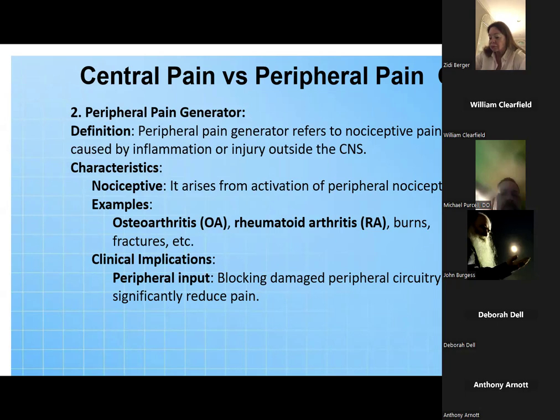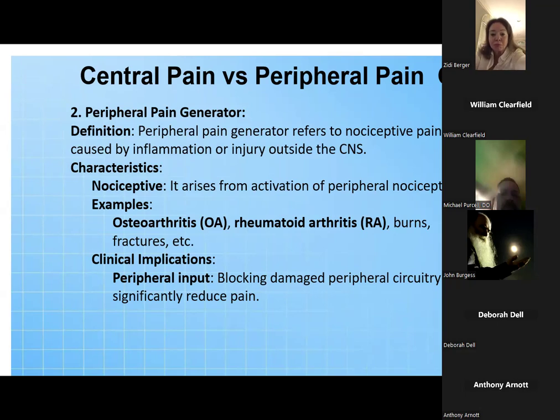So nociceptive pain arises from activation of peripheral nociceptors. This is the peripheral nociceptive pain or peripheral neuropathic pain. It's because of the irritation that's happening at the end of the neurons, at the receptors. We call them the nociceptors. An example of that is osteoarthritis. The pain is generated because of inflammation of the joints, which irritates the peripheral nociceptive neurons, right? And that will carry the pain signals to the brain,